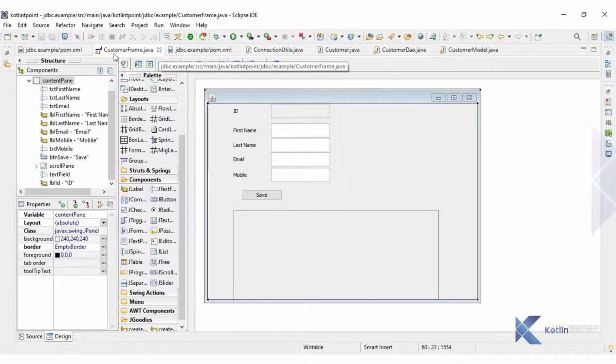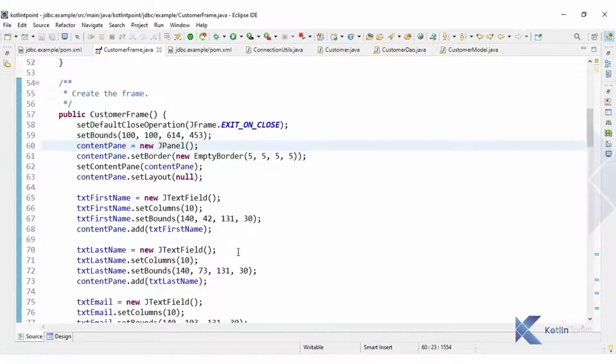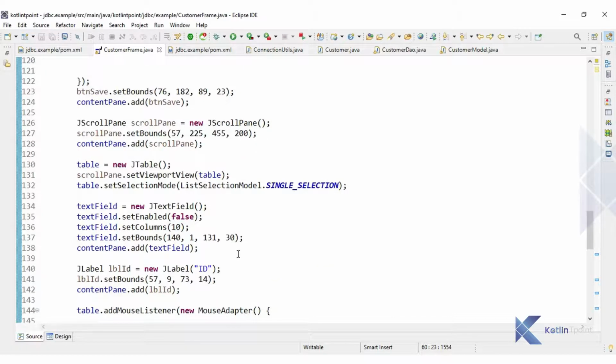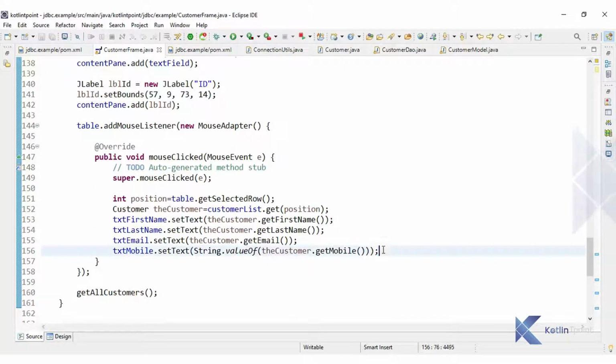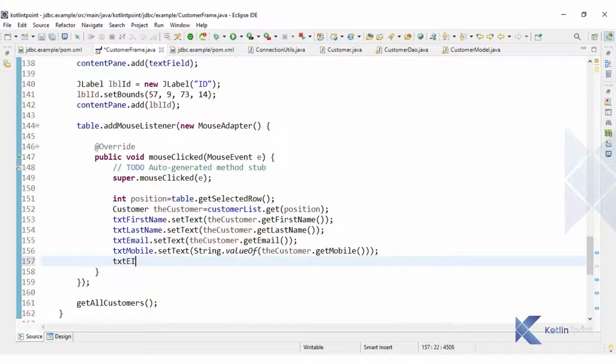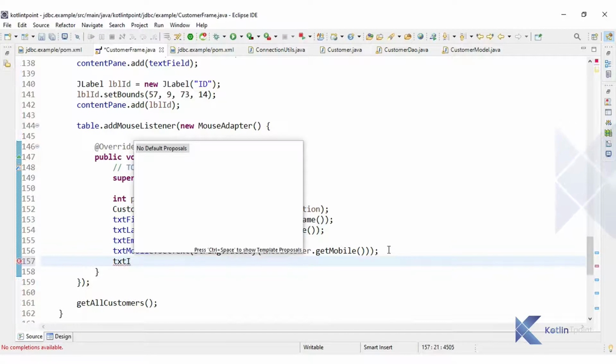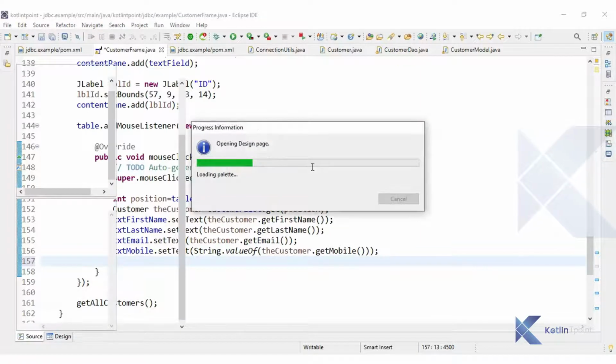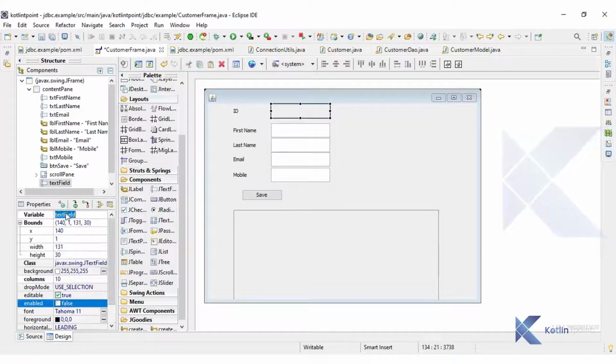So inside our coding, just like txt first name, last name, email, we set with our data, we can set txt id. We have not set the id properly, so it is better to set the id properly, so it is easy to identify.